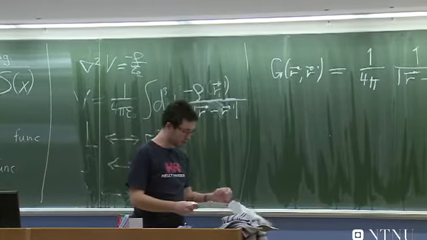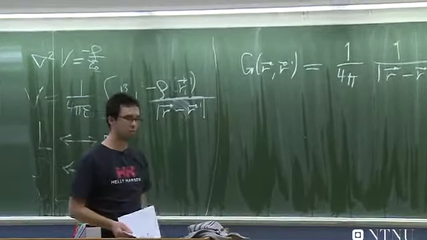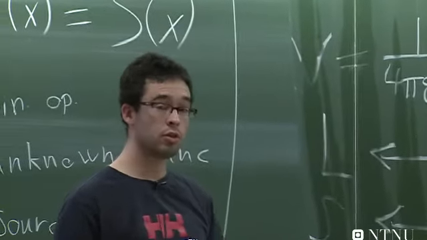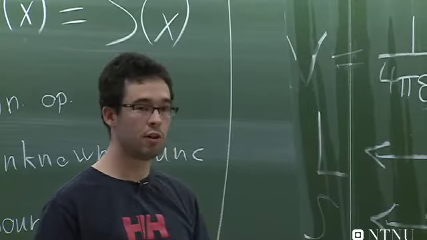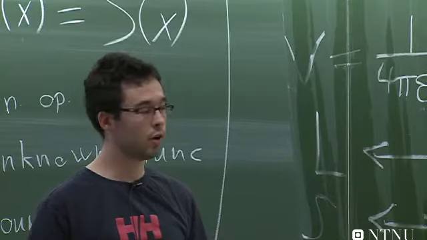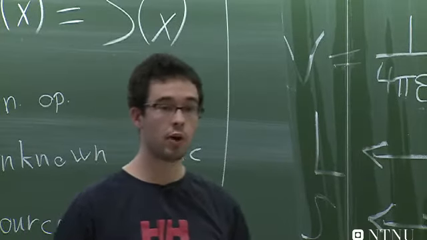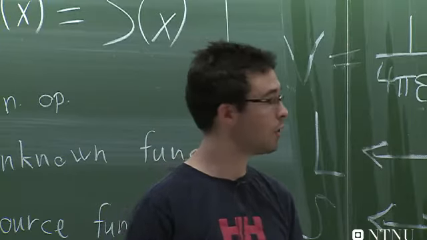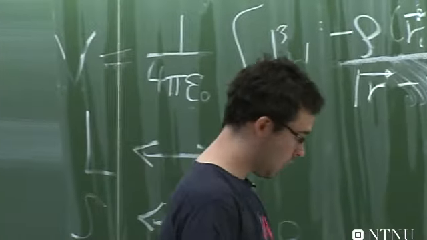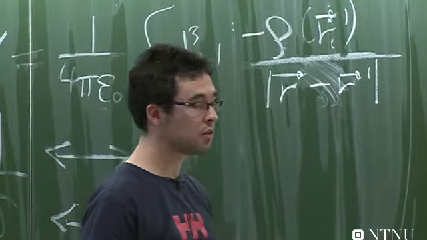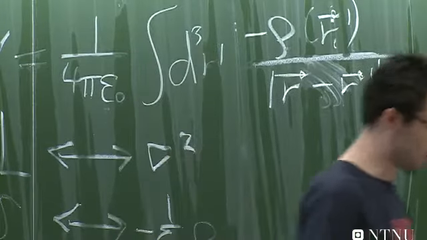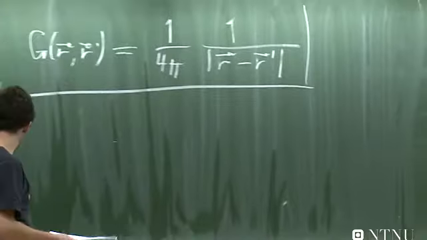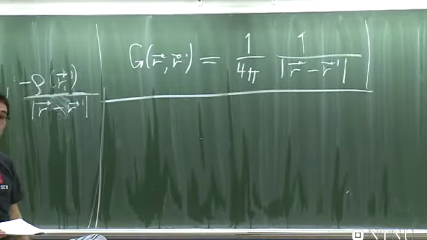So we found the Green's function for the Poisson equation, but we found it by knowing the solution, which kind of ruins the point. So we want to be able to find the Green's function for, let's say if I gave you a new equation, you want to find the Green's function for that equation without knowing the solution. And one trick to do that is to start off by looking at the equation and expanding the Green's function into